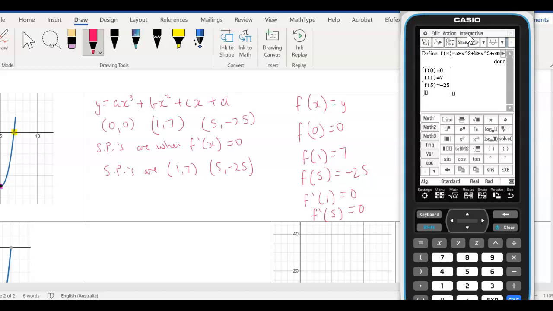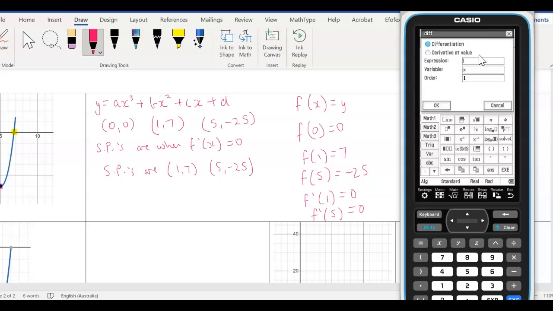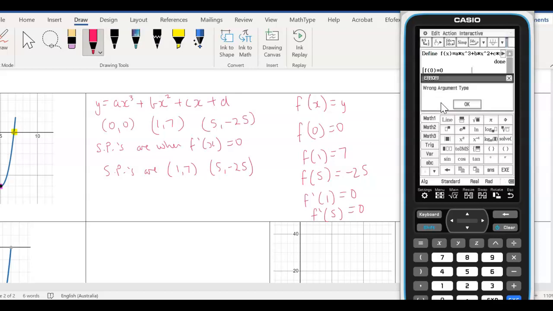Now, when you're doing your derivative, just go to interactive, calculation, diff, and we're doing the derivative at a value. Okay, we're doing it at x equals 1, so the value is 1, and your expression is just f of x, so we don't have to type in the whole thing. You're going to come up with an error sign, just ignore that. I don't know why it comes up, but it doesn't matter, equals 0. And then on the other side of that vertical line, we're solving for A, B,